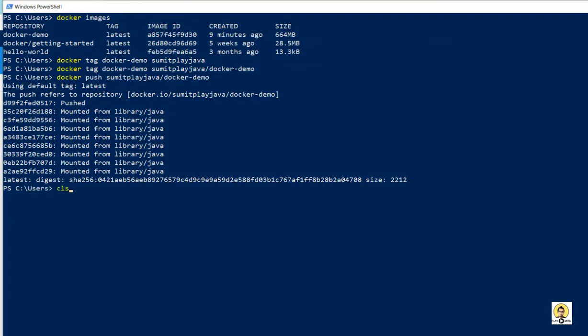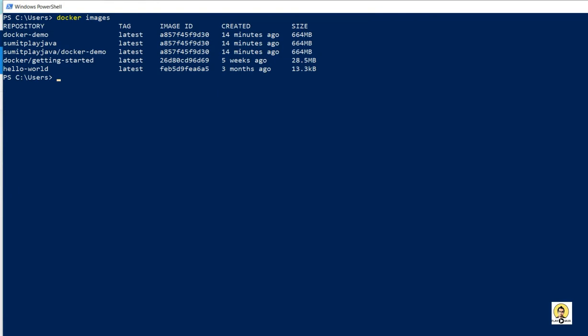So now what I am going to do is see all the Docker images which are available in my local system. If I see all the local images in the repositories, I am going to delete these so that they will not be in my local system.